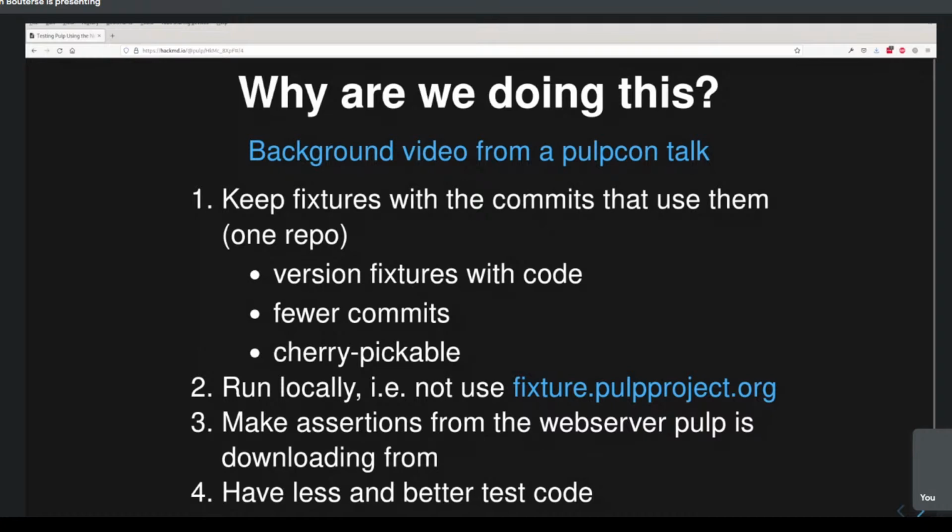Also, we want to make assertions from the web server that Pulp is downloading from. There are some aspects of Pulp's correctness that we currently can't test because the receiving end of Pulp's downloaders is not something that we have control over at test time. So by doing it in this other way, we'll be able to have a better tested Pulp through better assertions